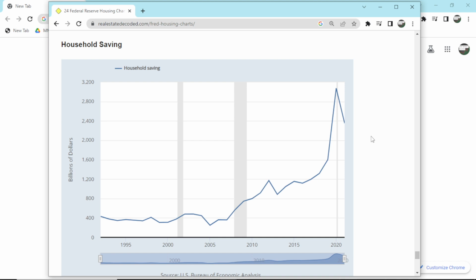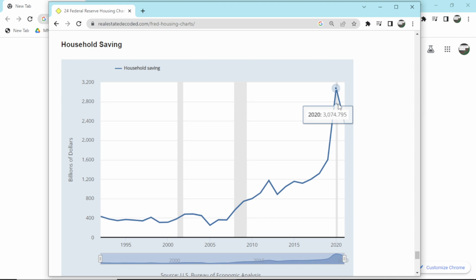This chart also indicates the strength of the consumer. The more savings a consumer has, the better financial position they're in. And for example, here during the pandemic, we saw consumers increase their saving rate for many reasons. One of them being they weren't sure about the economy and they wanted to save up and decrease expenses.